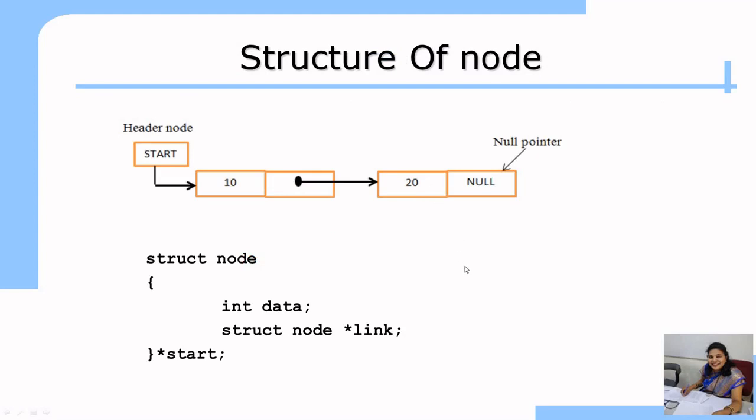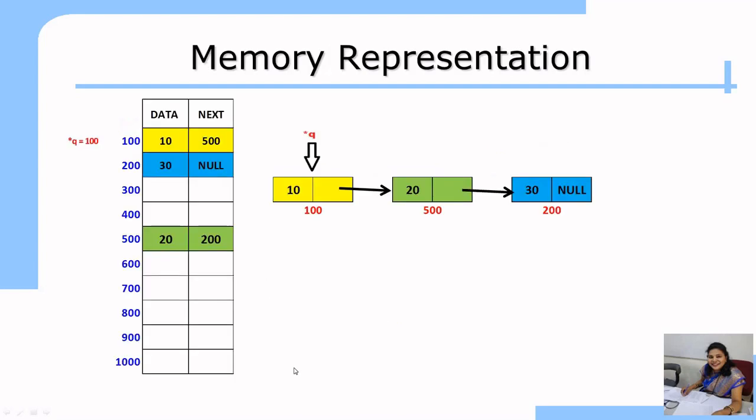This is the structure of the node. The node is nothing but the element of the linked list, which has two parts, data and link. So this is a structure for a single element, a single node of the linked list. As it has two parts, one part is the data and the second part is the link. This link has the data type struct node. When a structure contains a pointer to itself, it is known as a self-referential pointer. And the pointer star is the struct node pointer star, which always points to the first node. It holds the address of the first node of the linked list.